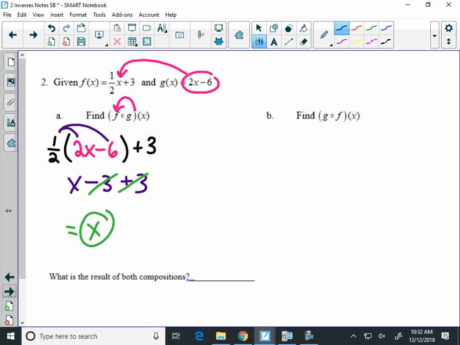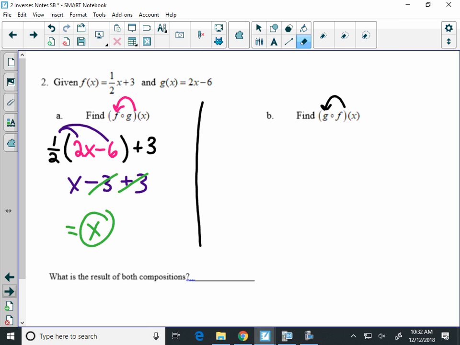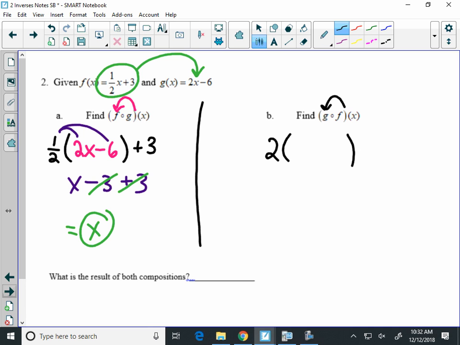All right, let's see what happens in B. This time I'm taking f and putting it into g. So you're going to take this function of f right here and put it in to g for x. So remember, we start by writing the function of g. You put parentheses where the x is. And inside those parentheses, you fill